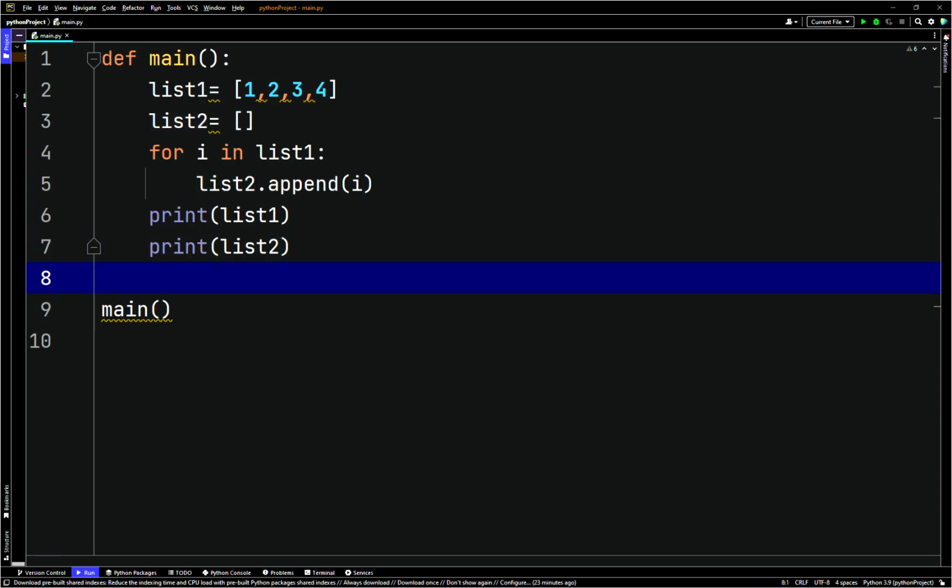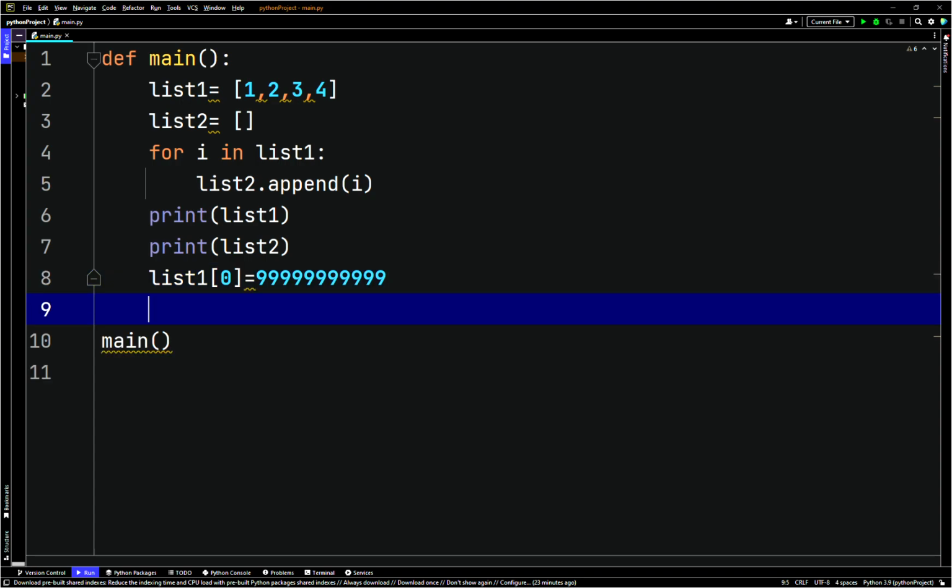What did we do before we changed list 1? Yeah, so we changed list 1 after. See here, list 2 isn't pointing to list 1. So if we change list 1 here, the same thing. So list 1 at index 0, we point it again to some large number, and then this time we